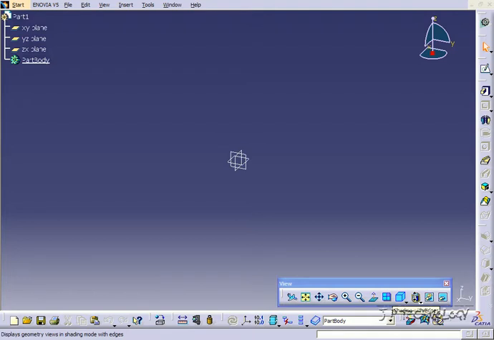This is tutorial number 45, and it covers how to use the shaft feature within CATIA V5. To start off, open up a new CATIA part file. Now we're going to be using the shaft feature, and to use the shaft feature, what we have to do